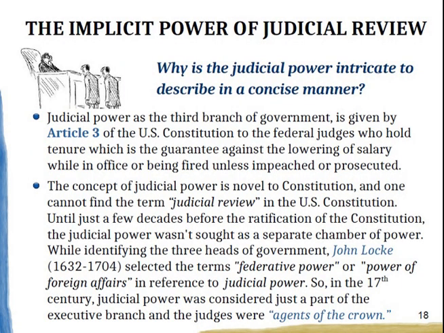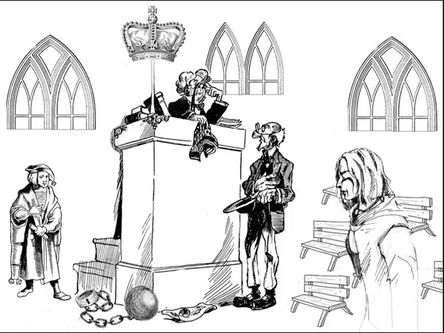Even when our influencer John Locke identified three heads of government, one legislative, one executive, the third wasn't judicial power. Rather, it was federative power, or the power of foreign affairs. So then, in 17th century England, judicial power was just considered part of the executive branch, and the judges were agents of the crown. Now,